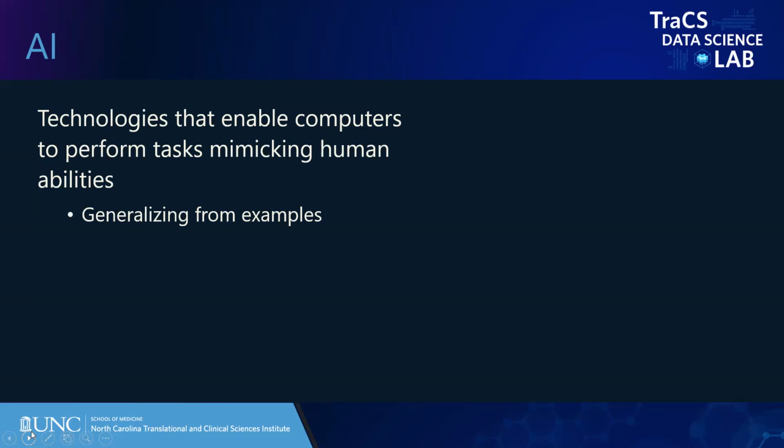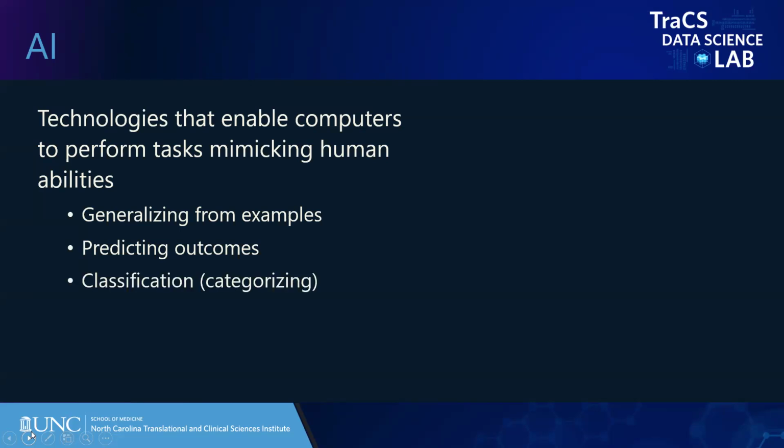So we'll get into more details about this process later on, but a lot of times that task is predicting an outcome based on what the computer has learned from the examples. Or other times we use AI to perform a classification task. This just means we're trying to teach the AI model to categorize our input. Like if we gave the model baggage scan images, we could try to teach it to categorize each image as either contains threatening objects or doesn't contain threatening objects.